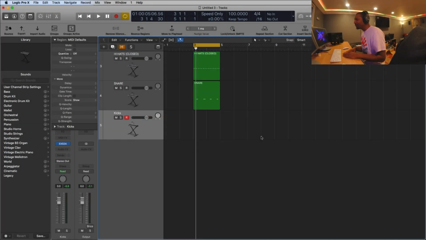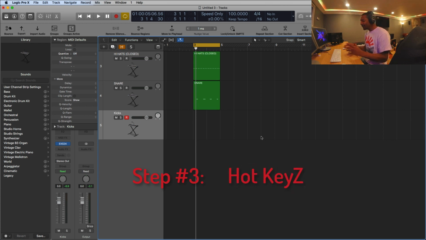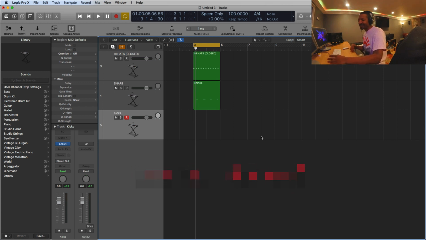Okay, and for step number 3, this is one of my favorite, and that is using hotkeys. I love to use hotkeys whenever I have a chance. Being a professional musician, doing tons of work and moving at a fast pace, you want to learn as many hotkeys as you can. And for this, I'm going to use a kick drum to set up that pattern. Here we go. 1, 2,